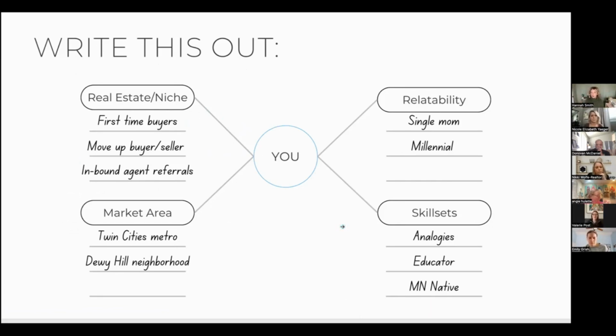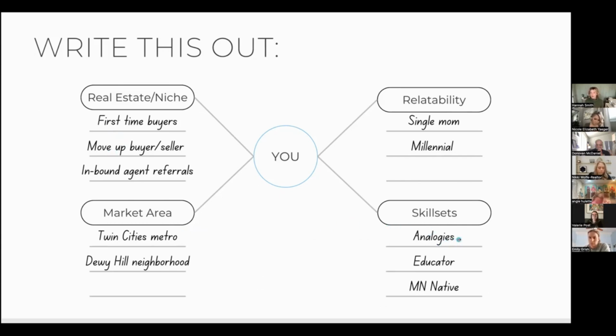And you take those 4 columns and just start actually writing this down in your notebook of what applies to you in each of these categories. Doesn't have to be a lot, right? Some are going to be longer than others, but you get at least about 2 or 3 in each section for you to hone down on, because you can dissect every single one of these things down to a T. So obviously your real estate, your market area, your skill sets,